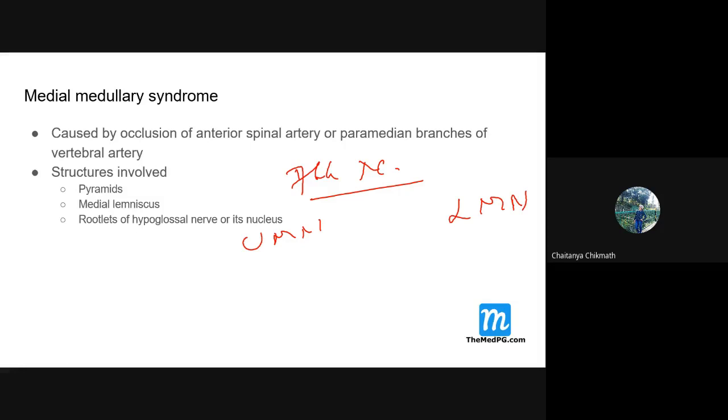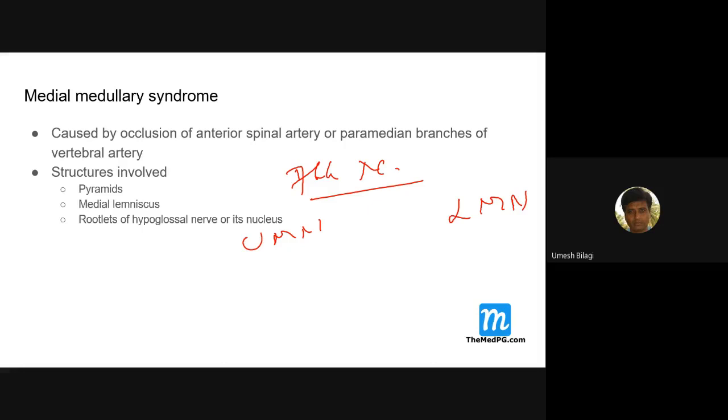Lower face is paralyzed. In upper motor neuron type of facial nerve palsy, the upper part of the face, that is above the eyebrows and especially the forehead, there is no weakness, because in upper motor neuron type of facial palsy there is a bilateral representation. Whereas if it is a lower motor neuron type of facial nerve palsy, the whole of the face is involved. There is a deviation of the angle of mouth, and the patient cannot close his eyeballs.